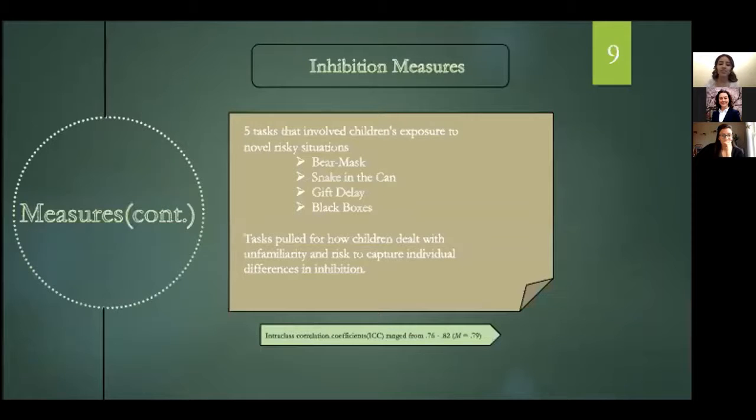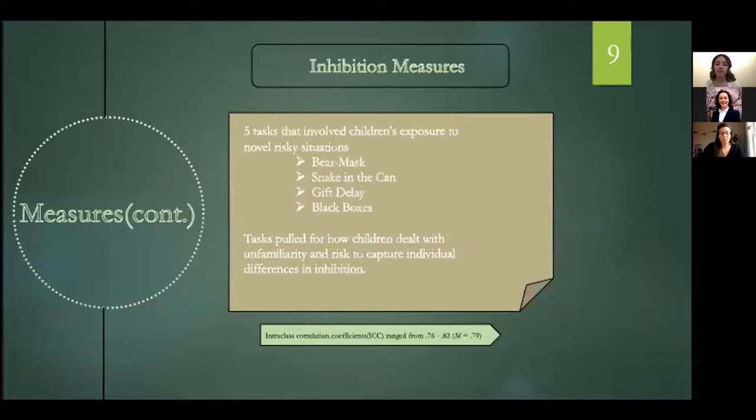For inhibition, trained observers rated children's inhibition and reticence in 4 different tasks that involved novelty and risk. Those were bear mask, snake in the can, gift delay, and black boxes. These tasks were used to assess how children dealt with unfamiliarity and risk in order to capture individual differences in